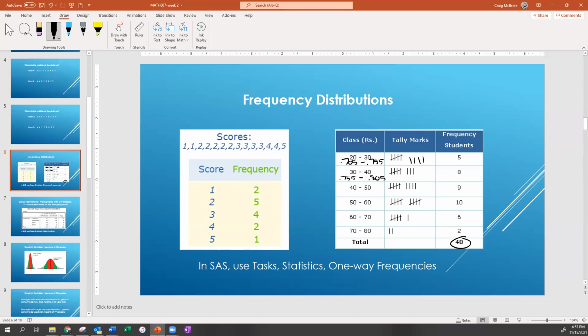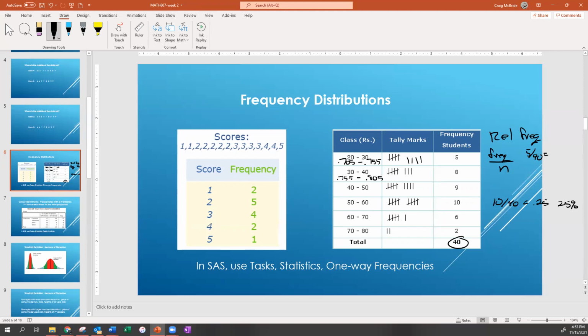These are frequencies. Relative frequency just equals frequency divided by your sample size. So relative frequency would be 5 divided by 40, as a decimal or a percentage, right? So for instance, 10 over 40, we would just list as 0.25 or 25%. So that's how you do relative frequencies. Okay. That helps. Thank you.